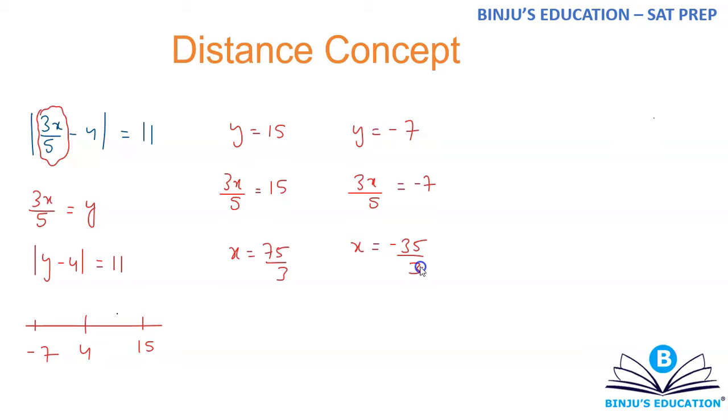Okay, so this is a simpler approach. The only good part about this approach is that the chance of calculation mistakes is pretty low, because you're simplifying your expression and then solving it. It has two more steps, no doubt in that. But I personally feel that if you're solving questions of modulus for the first time, better do it in a simple way so that first you understand this term, and then probably you can use your own methods of solving the question. All right.